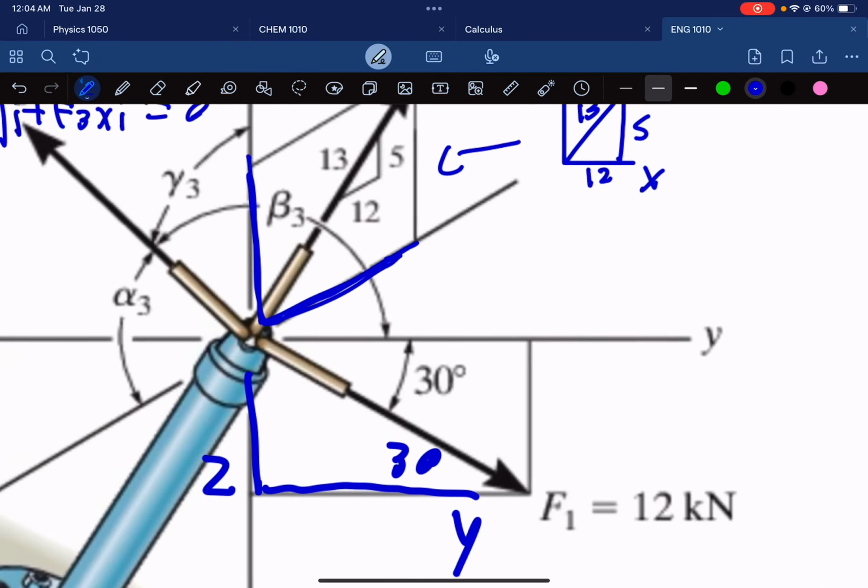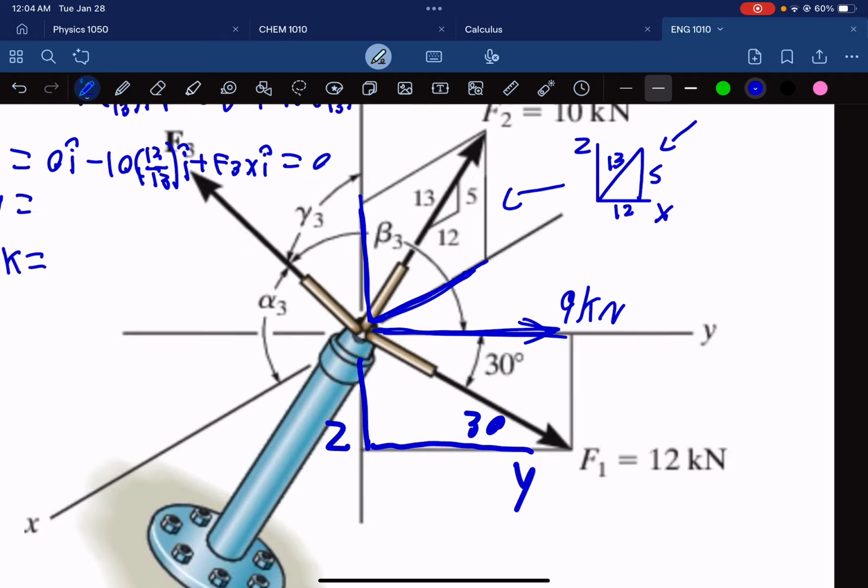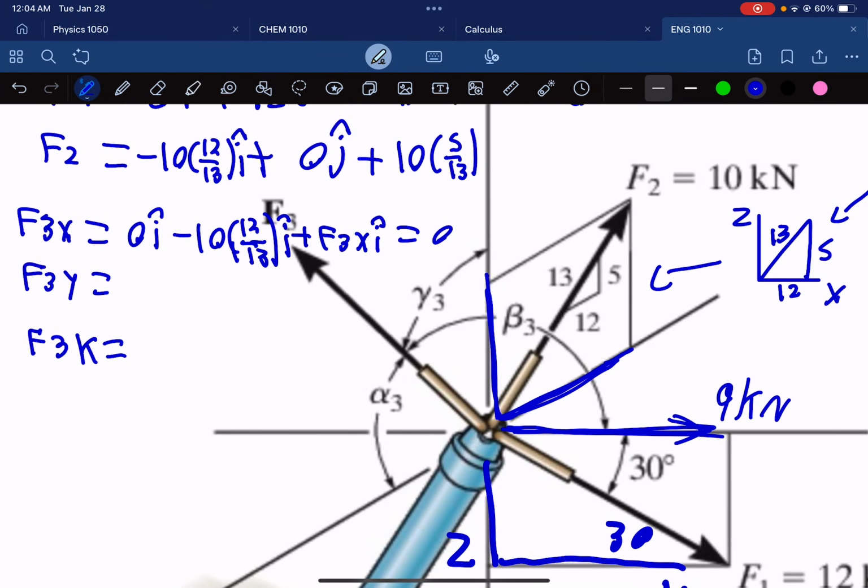Also, if you aren't looking at the textbook for this question, the resultant magnitude here is 9 kilonewtons, right there. So there we go, and if we solve for